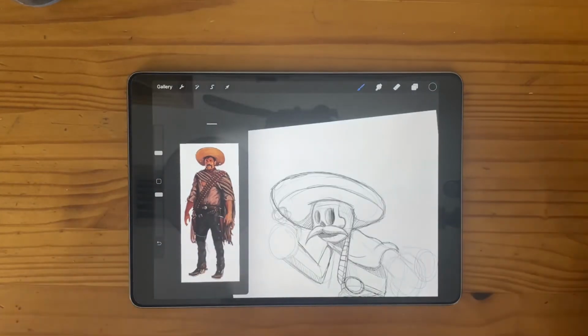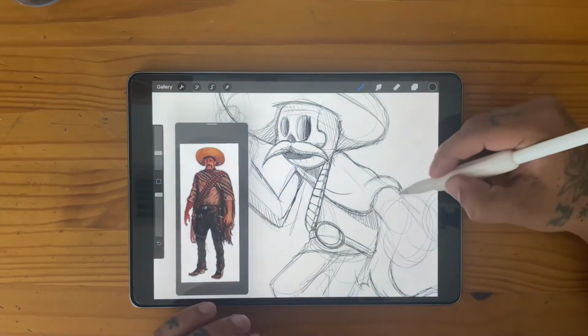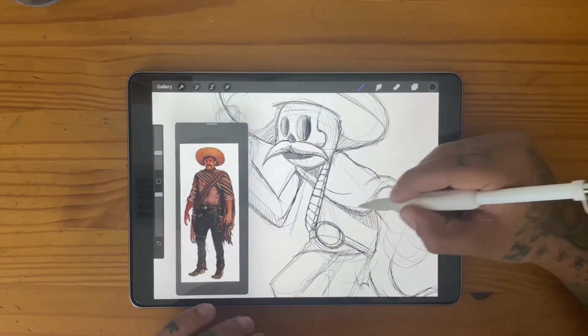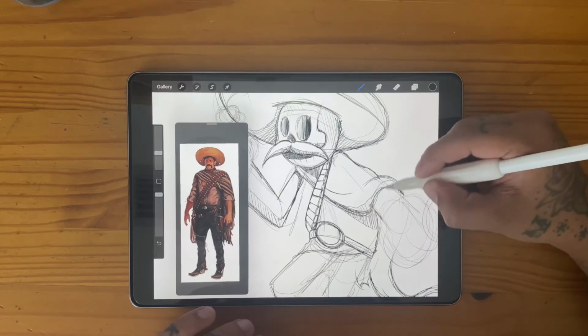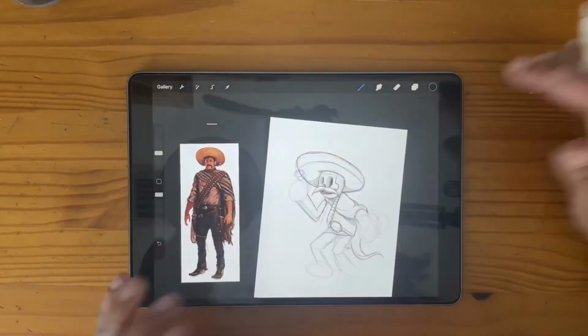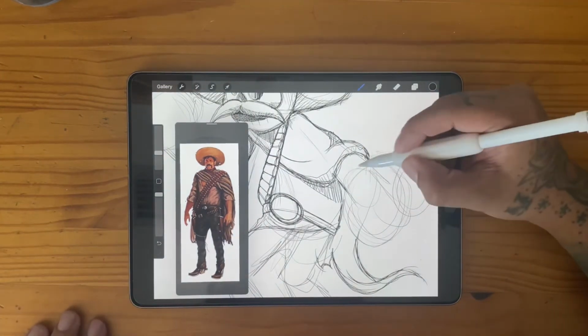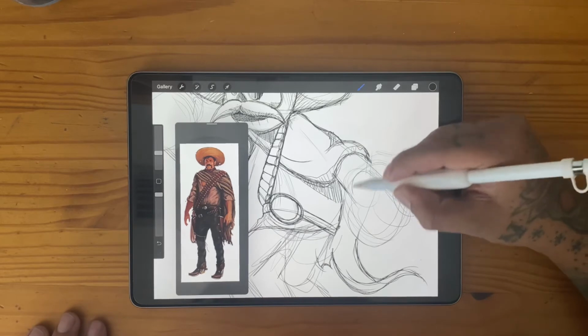So when it comes down to mocking up stuff, I'll go ahead and take pictures of a wall that I need to paint and I'll mock it up on here. Or sometimes even for tattoo work, I can easily just import a picture of an arm and just sketch right over it. Okay, so when we get here,